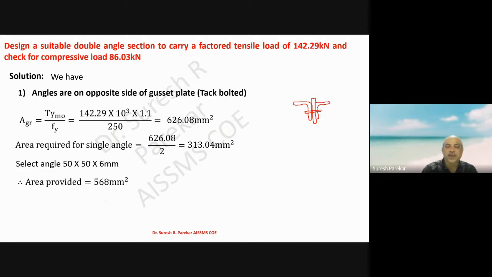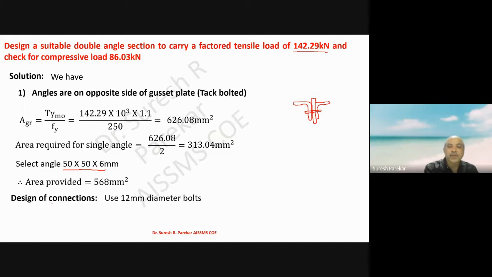So we have this as different, but we are not going to provide an angle section below 50x56 in trusses, because practical difficulties arise at the time of fabrication, and again at the time of erection, if we go lesser than this angle. Therefore practically we provide a minimum angle for trusses of 50x56 millimeter. And whenever we provide an angle section, or any section for a tension member, we have to check its strength, and that strength should be greater than the tensile force coming on it. And then we will go for the design of the connection.